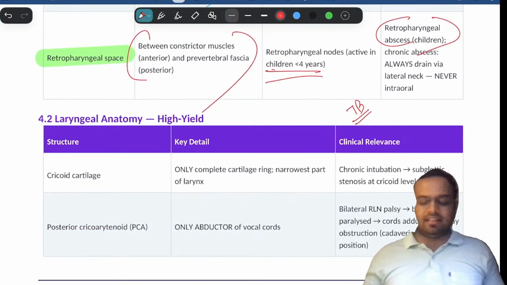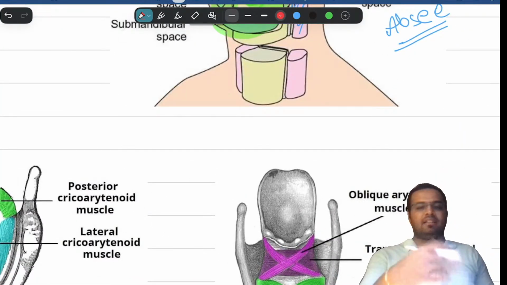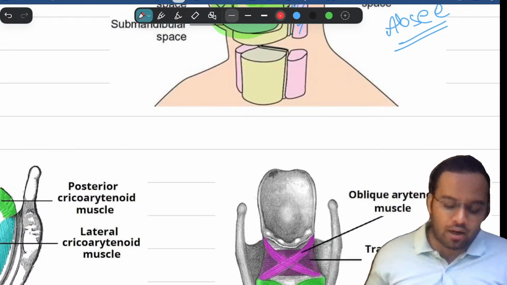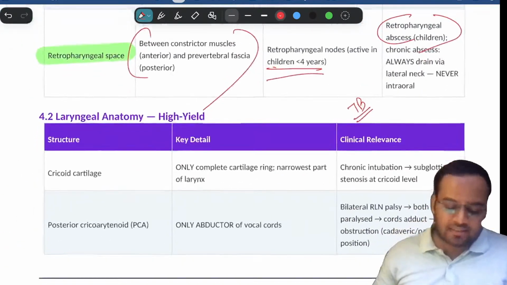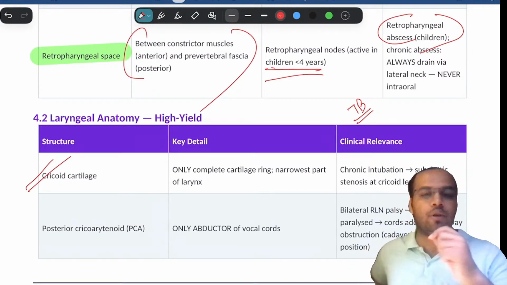Sir, how is the larynx? So let's see the larynx. We know that the larynx is formed by 3 paired and 3 unpaired cartilages. So these cartilages are going to form the larynx. And what are the important parts of the larynx? The first important cartilage which we should know is the cricoid,